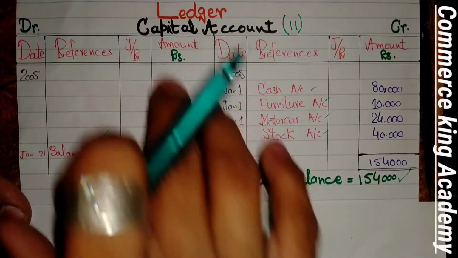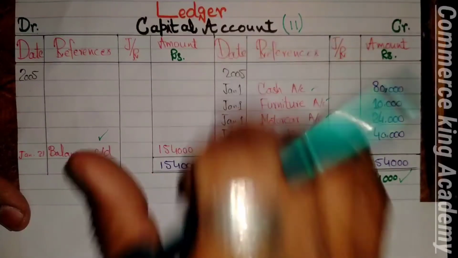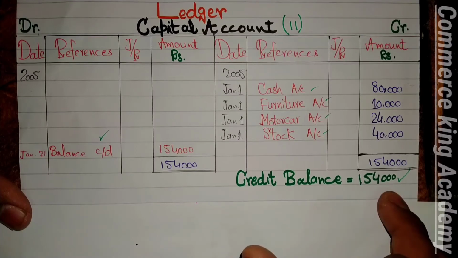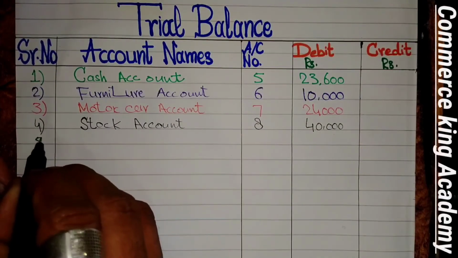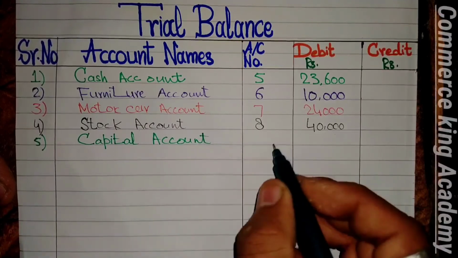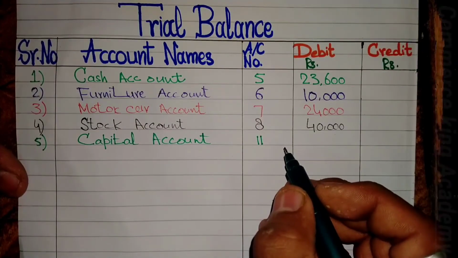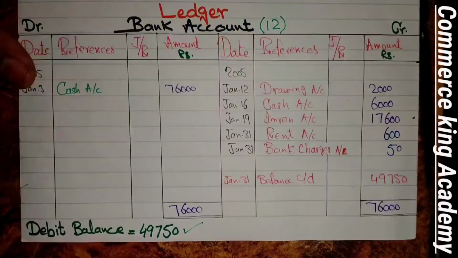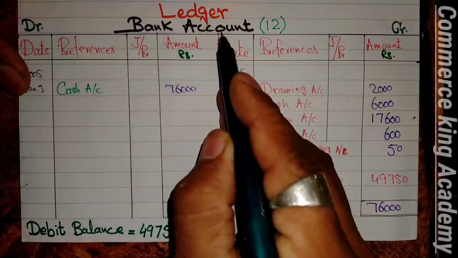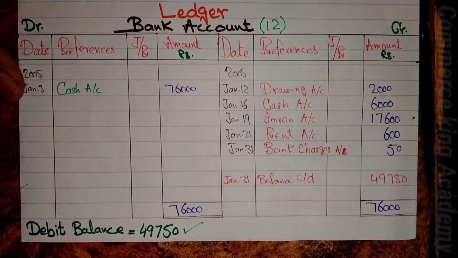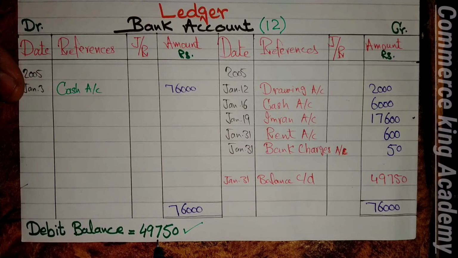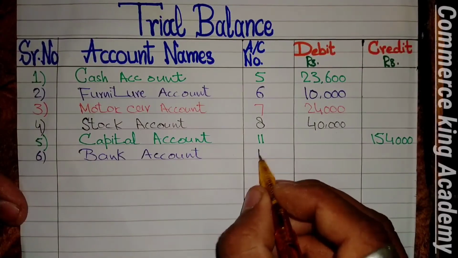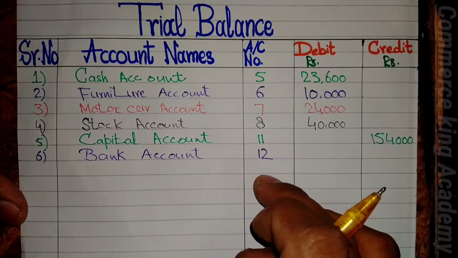Next account is the ledger account of capital account, with ledger folio number 11, which has a credit balance of 154,000 rupees. In serial number 5, capital account with ledger folio number 11, credit balance amounted 154,000 rupees. Next account is the ledger bank account, account number 12, which has a debit balance amounted 49,750. Serial number 6, bank account, number 12, its ledger folio number amounted debited